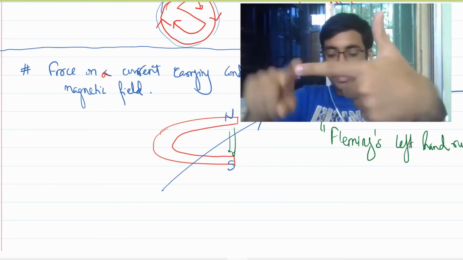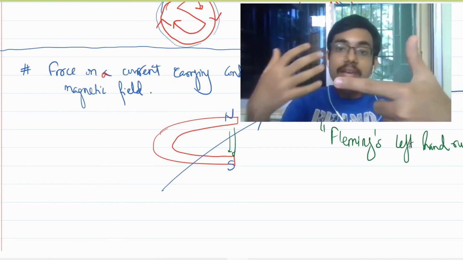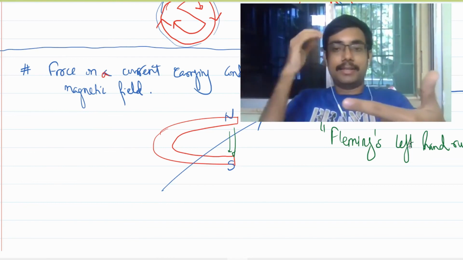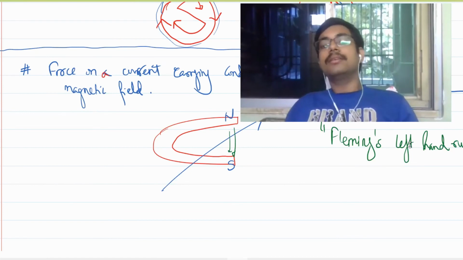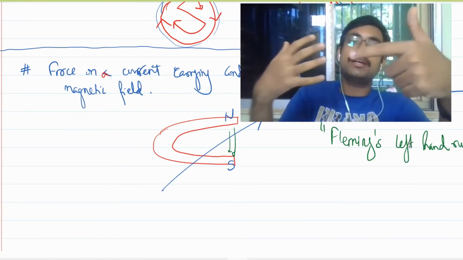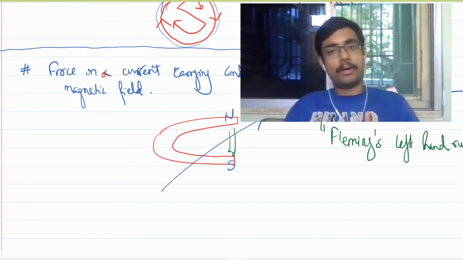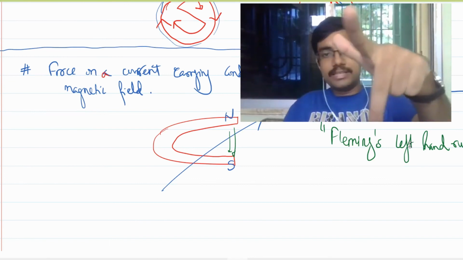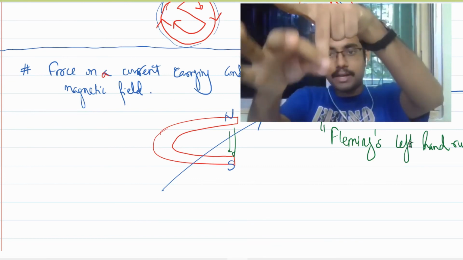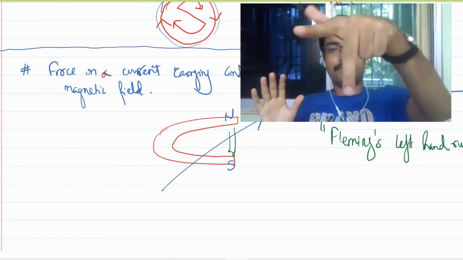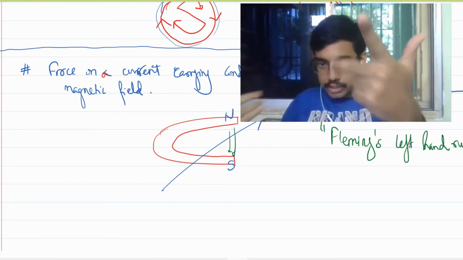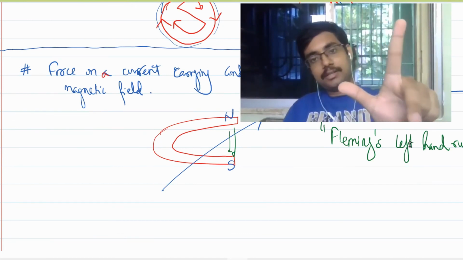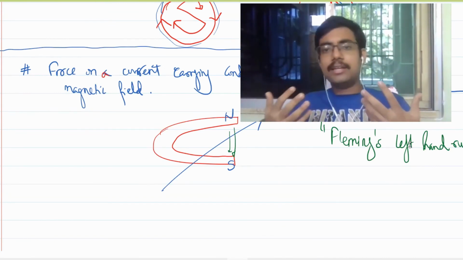Now this index finger is the field. This represents the direction of the magnetic field that is being applied, or the direction of the magnetic field under whose influence the wire is. Is that clear? Finally, what is left is the middle finger. This middle finger represents the direction of current. Now, you just need to adjust the parameters with their proper directions to find what is necessary.